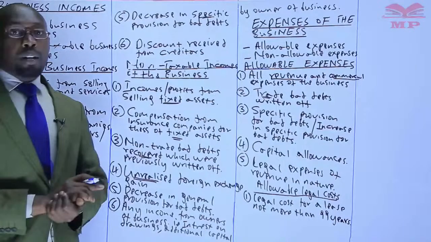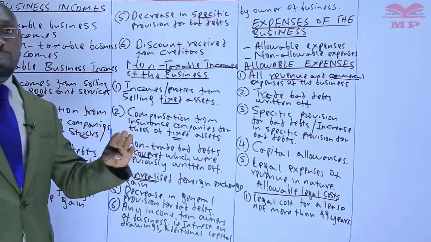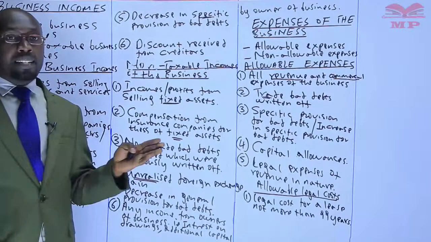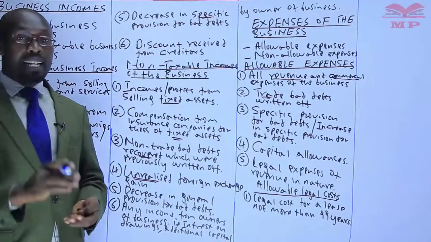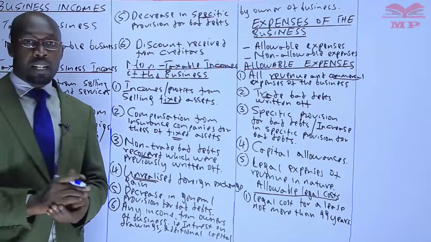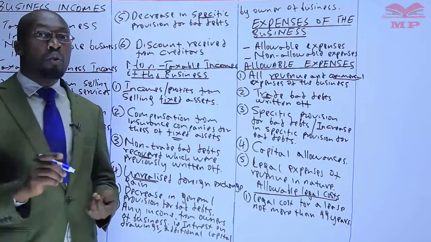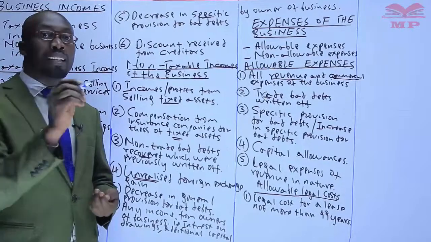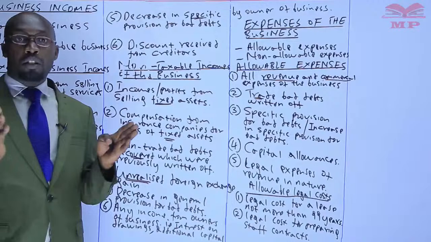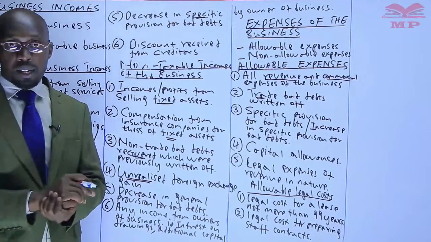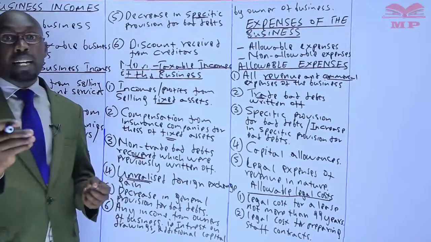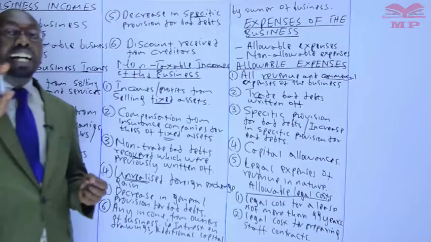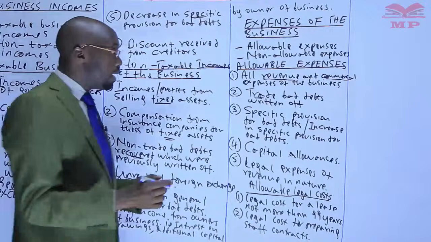So when you're doing your business and you decide you want to occupy a property, let's say a building, and that building you are going to occupy for 99 years, 80 years, 70, 10, 5 years, 1 year, and you decide to make it legal, you require a lawyer to help you in taxation of your business, that you are allowed to deduct that legal cost when you're determining the taxable incomes of the business. After that, we have